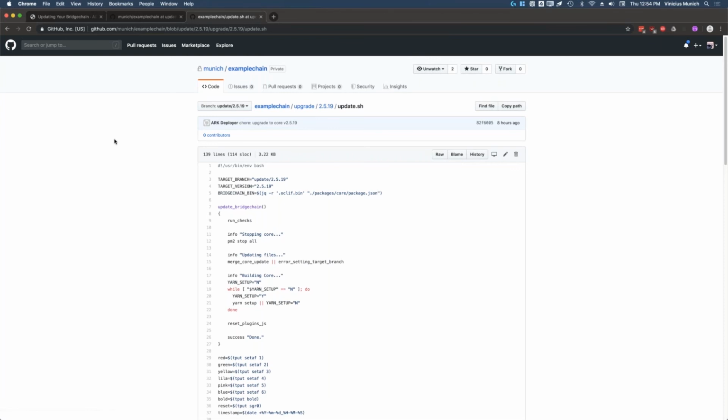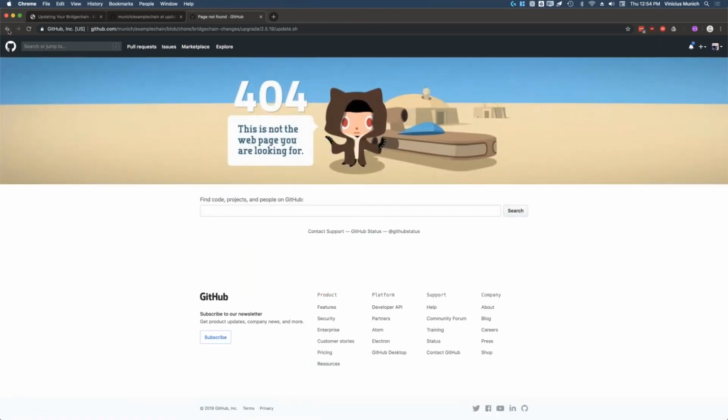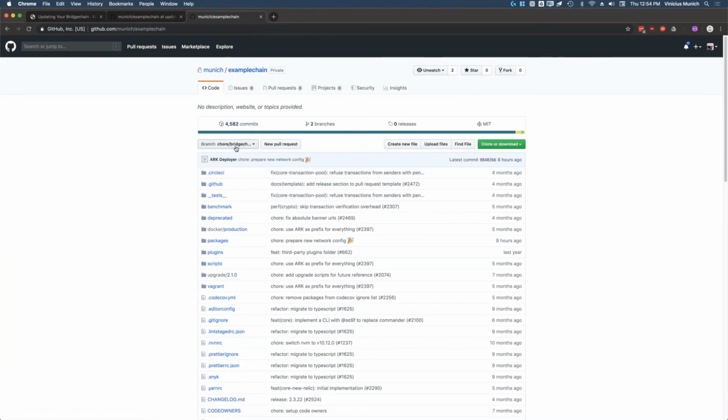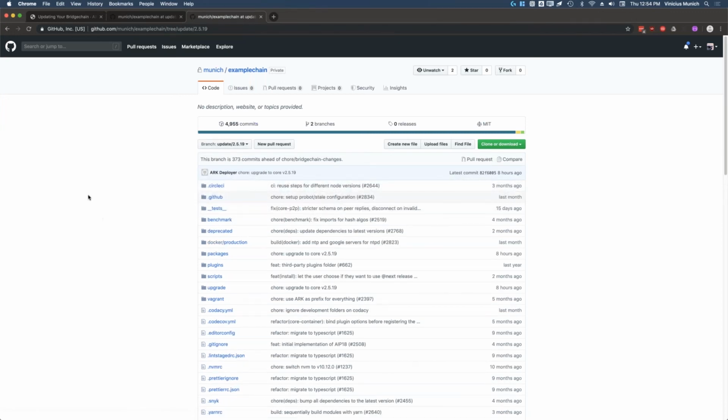Oh, okay, great. So it's actually pulling the update from your own repository and not from the ARK core repository. So it includes your own updates. Yeah, it makes a new branch on the repository with the update. So here, oh, I don't have access to this one. So here's the first branch that is created when the chain is deployed. It is running 2.3, and once you run the update script, it will make this new branch with all the changes, and then you can just add your